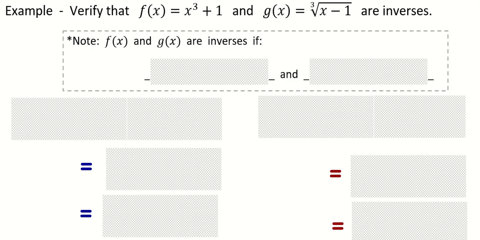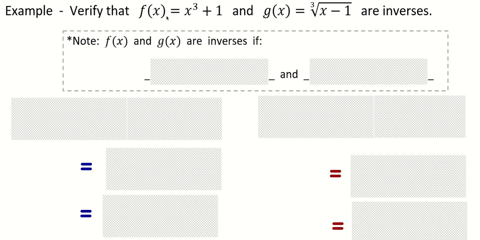And then the last example, a different kind of example. First a note: we're looking to verify that this function, which we're calling f of x, and this function, which we're calling g of x, are inverses of each other. It's sort of understood just by the nature of the question that they are inverses, but you have to write out the math that essentially proves it. So first, a very, very important note: